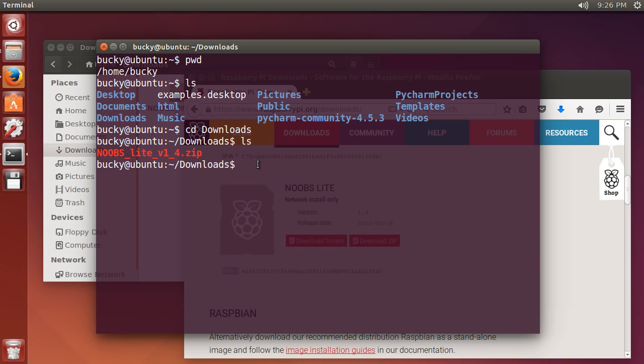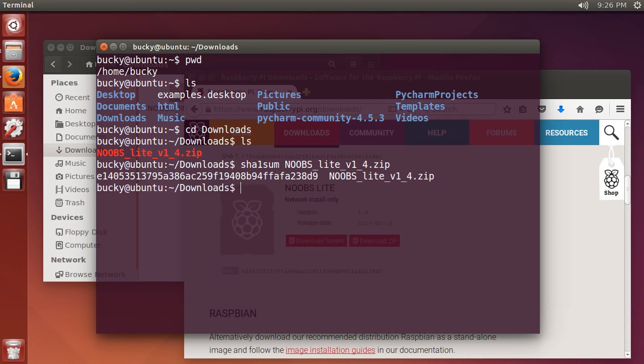So this is like the easiest thing ever. If you just type sha1sum, that's the algorithm you're going to use, and after this just type the name of the file. The name of my file is NOOBS Lite, and if you just start typing it and hit tab, then Ubuntu is going to figure out what you're trying to type, and hit enter. So when we took this file on our own computer, NOOBS Lite, and ran it through this algorithm, this formula, we ended up with this value,